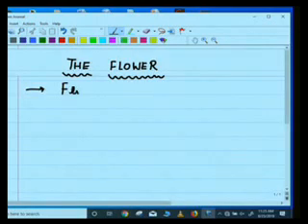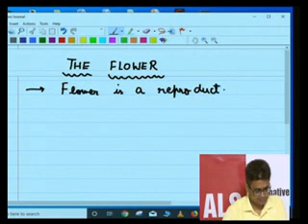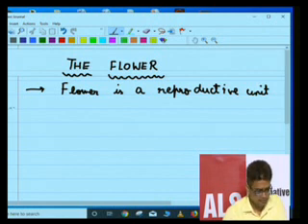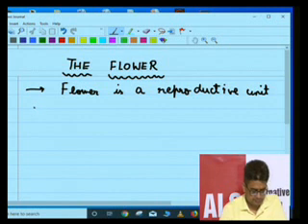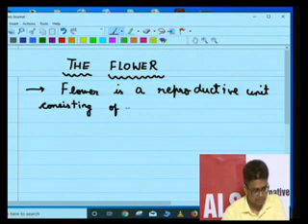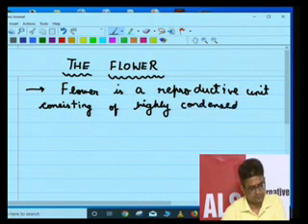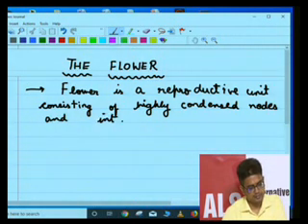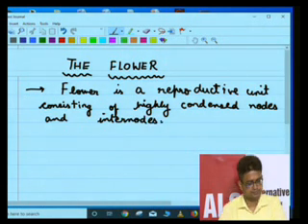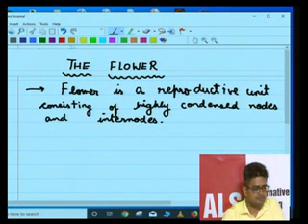Flower is a reproductive unit consisting of highly condensed nodes and internodes. Okay. Then you can write in brackets: